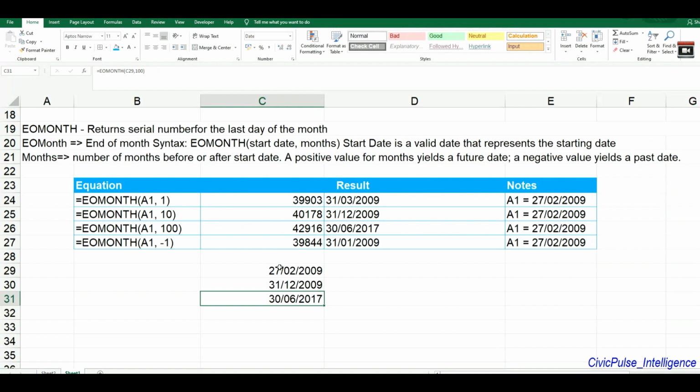Now, there's another thing you need to understand with this workbook function, that the day in the month will be the last day of the month. As you can see for this month of June here, the month of June has 30 days. So it's giving me 30th of June 2017. But for our previous example, December has 31 days. So it's showing 31/12/2009. So that's another thing you need to understand about the workbook function, that it will show you the last day of the resulting month, in the number of months that you are adding